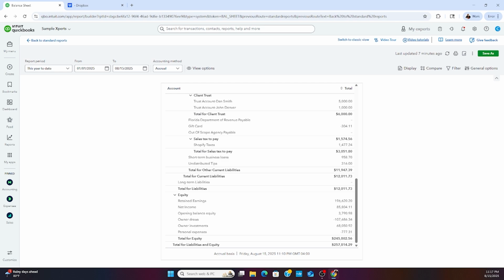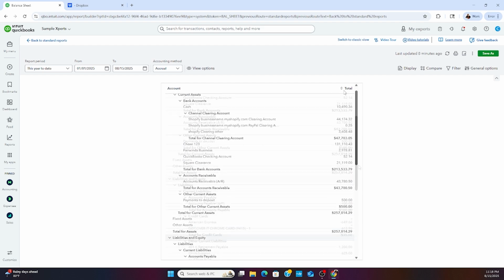The next one is the working capital, which is current assets minus current liabilities. So this is the dollar amount that you have left after paying off your short-term obligations. Positive is good. Negative could mean a cash flow crunch or something that's not very good. Okay. So in this case here, my current assets,